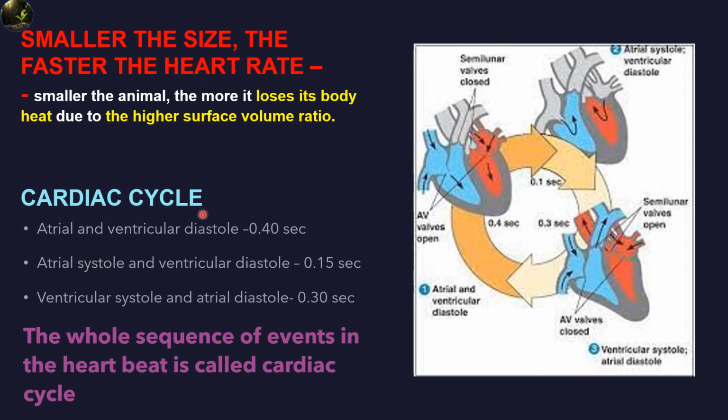The next one, cardiac cycle. Mainly there are three phases in the cardiac cycle. What is the cardiac cycle? The whole sequence of events in the heartbeat is called the cardiac cycle. Mainly there are three main stages in the cardiac cycle. First one, atrial and ventricular diastole. Both atria and ventricles are in relaxed stage. That we call